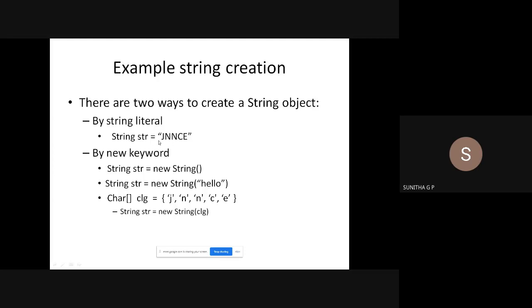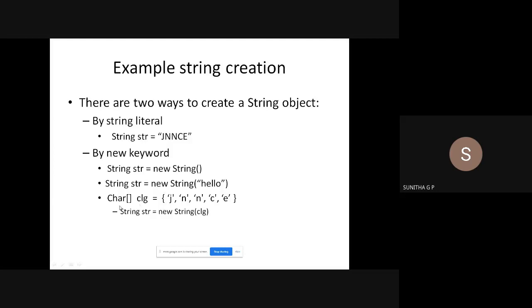You can see that in C, this type of thing is not possible. Whereas here with string, I'm creating the object using this class. That is why string is treated as an object in Java. And using the new keyword, I can write string str = new String(). That means in the class I have a default constructor, so whenever a string is created, null will be initialized. Otherwise, I pass a string as a parameter and it is created.